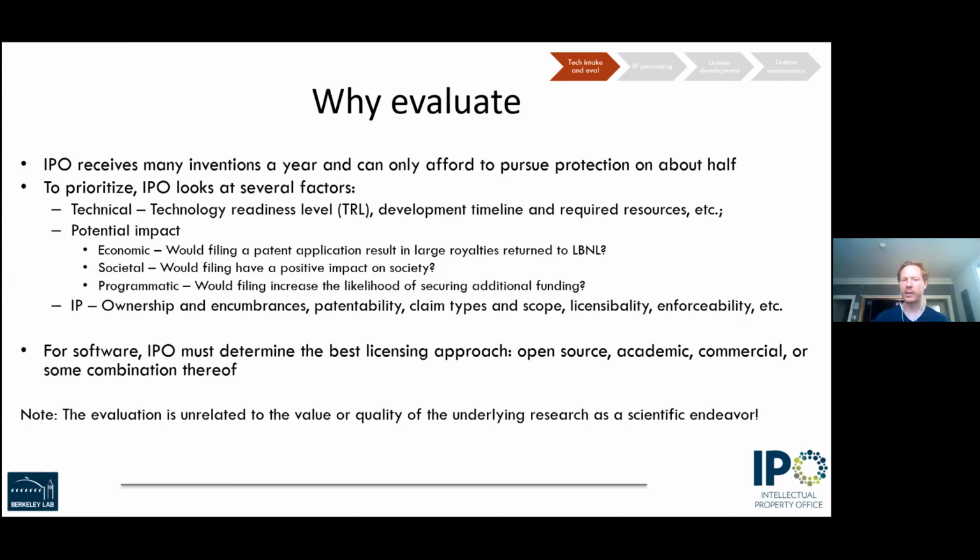Do we want to pursue academic or commercial or some combination of licensing? And a really important point that I'll make again is, the evaluation of the prioritization is not related to the quality of the underlying research as a scientific endeavor. When we decide to pursue or to not pursue a given technology, it's really with these factors above involved. You'll notice that none of it says this is really awesome science and is going to get published in Nature, right? That's not the criteria that we need to use to decide investing these tens of thousands in